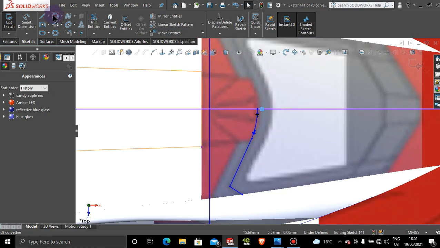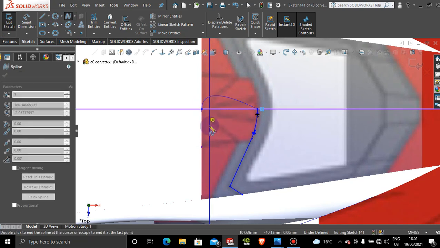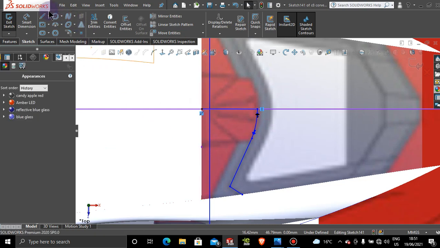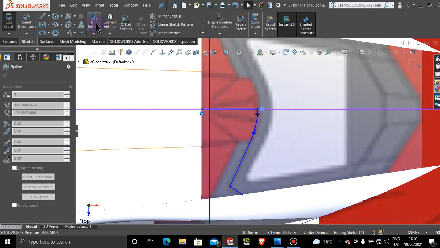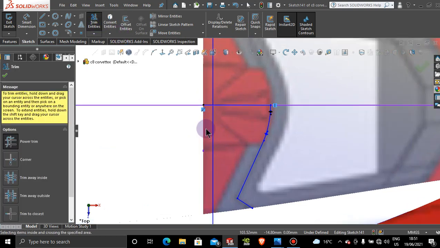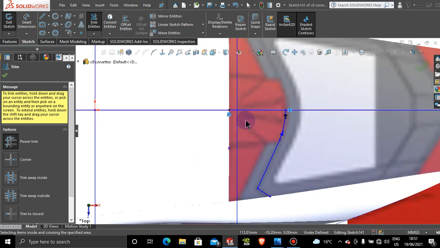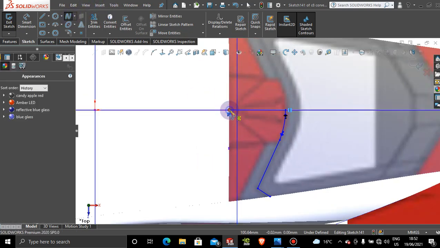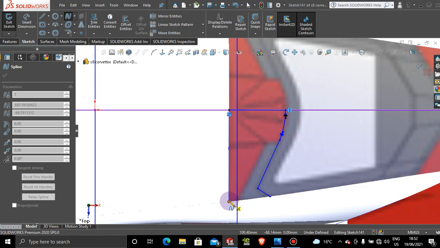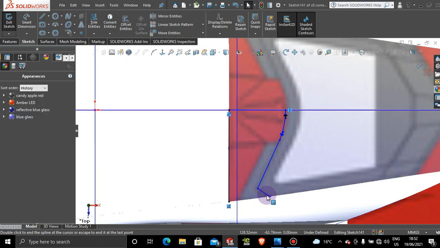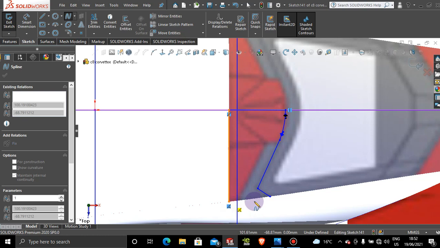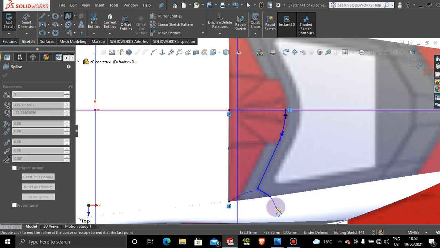And then another spline going up here to this point. Another spline. Hold on a second. So let's cut this. Did we add any line over here? We haven't. Okay, so spline, and then from this point to this point, and then let's see. Come down on this section here to this point here, and let's see if we can